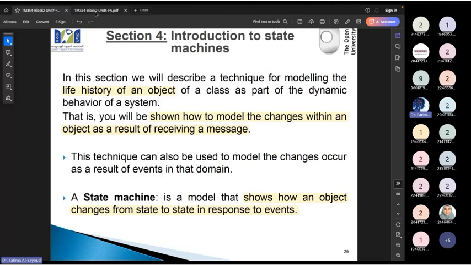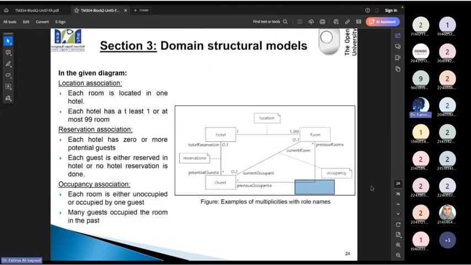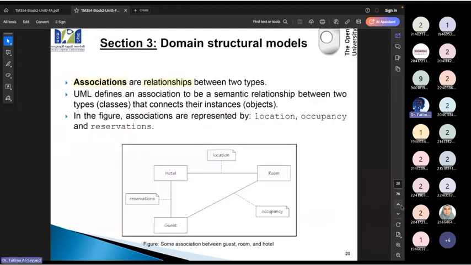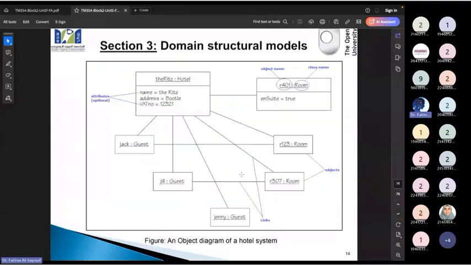In unit 5, we studied 2 diagrams, the class diagrams and the object diagrams. This is representing the object diagrams. What does the object diagram show us? Is the object diagram dynamic or static? Static.